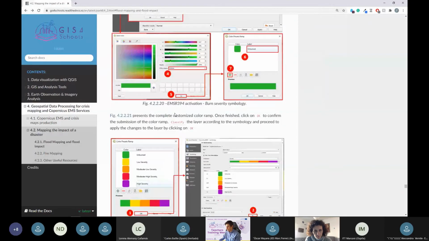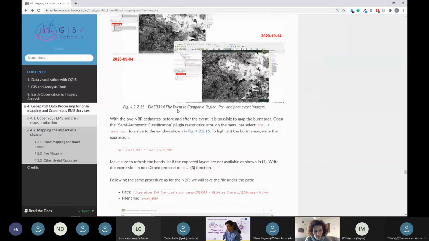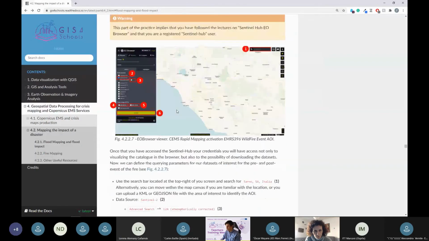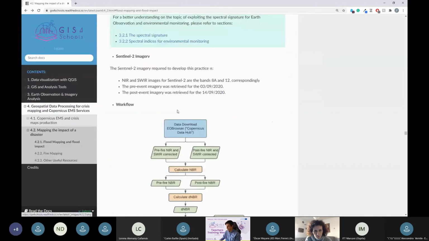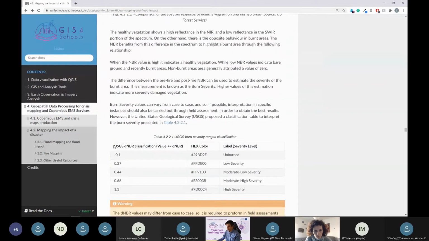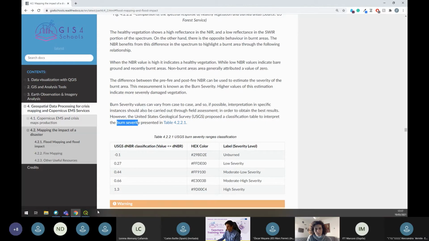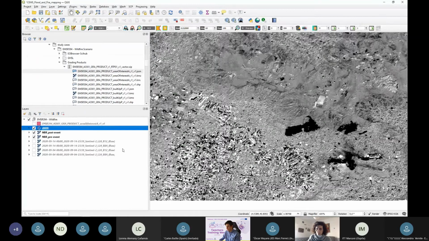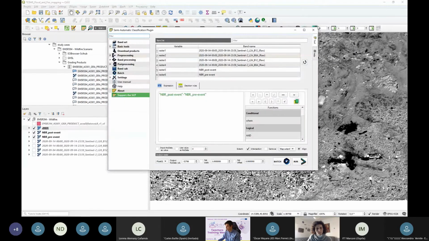So I will search for the values that we were going to use for classifying our estimates. You can find it over here. So these are some classifications provided by the USGS, the United States Geological Survey, that will allow us to interpret the burn severity. So if we go back to our QGIS and our symbology window,